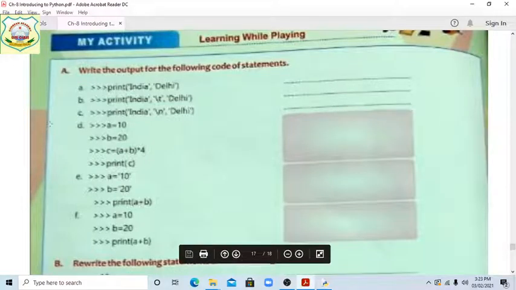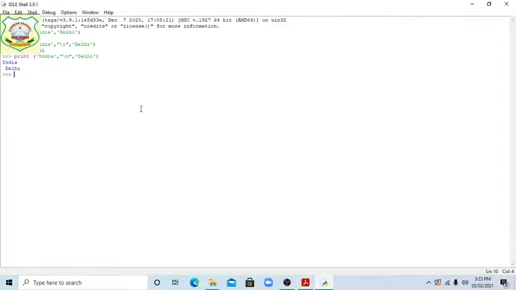Clear, students? Now next is the D part. D is given: A equal 10, B equal 20. Now C equal, now we will add them: A plus B and multiply 4.